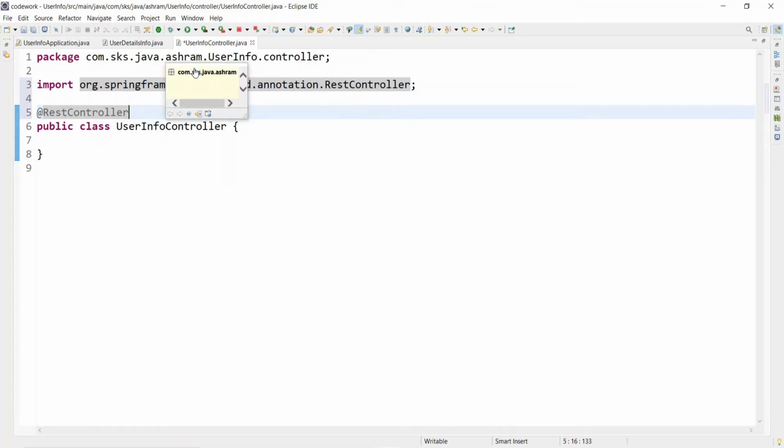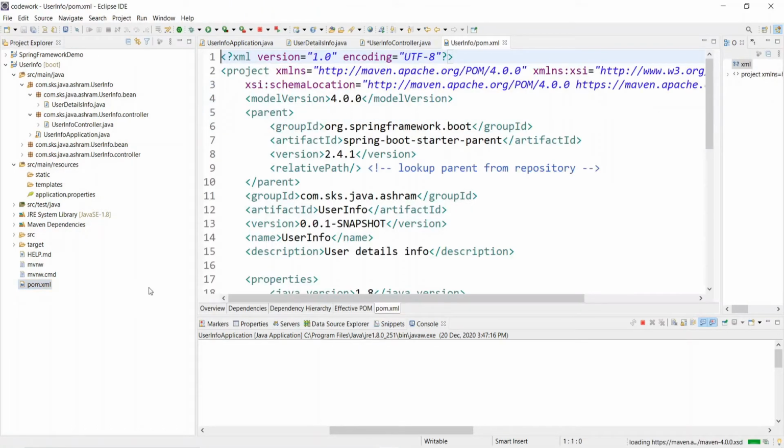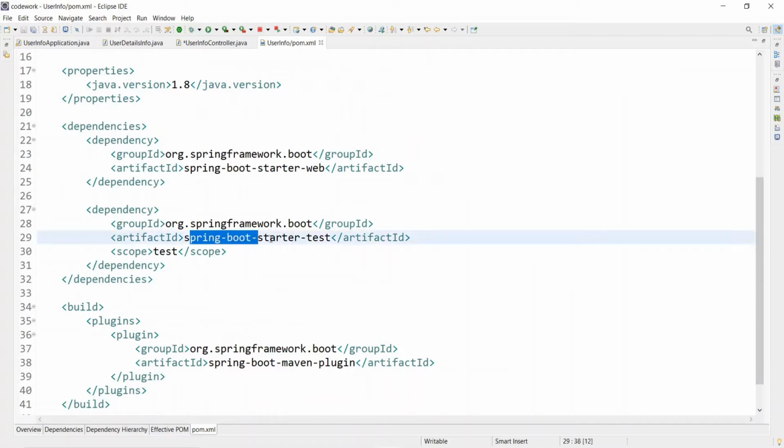How does it manage? Because at the time of configuring this project, if you go to the pom.xml, we have already added the dependency spring-boot-starter-web. If you go into the starter web, there are lots of dependencies: starter validation, starter web, web socket. All these dependencies have been downloaded.